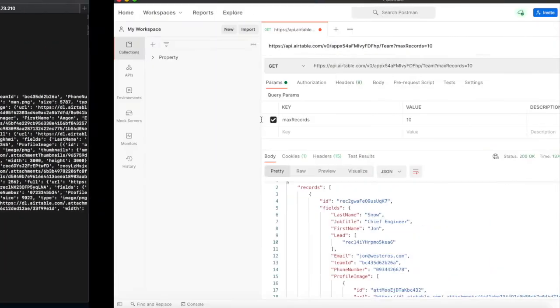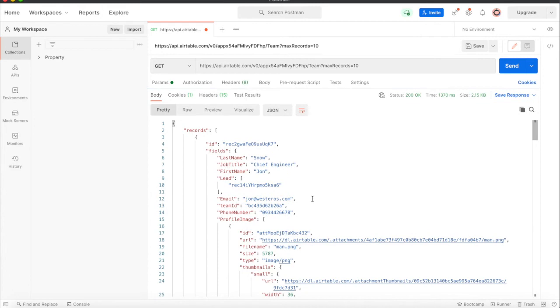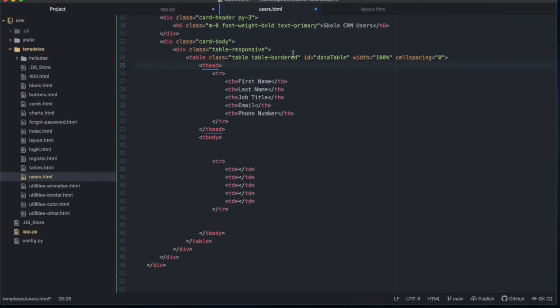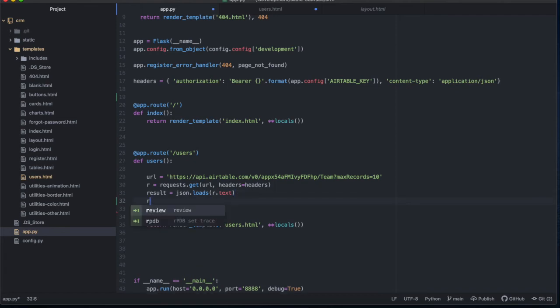So now let's have a look again at our information. Let's go through what our data is going to be looking like so that we can get these individual elements that we can fit into our display. All right, so it looks like the data comes inside of an object, and inside of that object is an array. Okay, so I'm assuming inside of this array you'll have the first element and the second element, depending on how many rows you have inside of your table. Okay, so we need to access the object, which is the results object, this one over here inside of the app.py. All right, so we need to access results